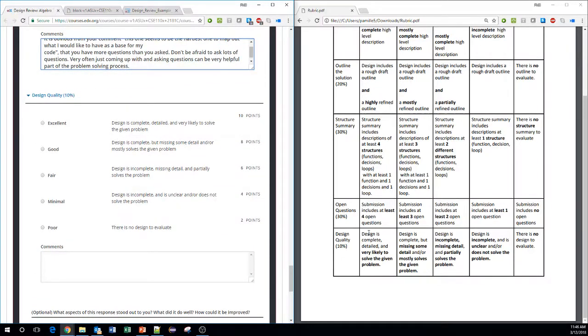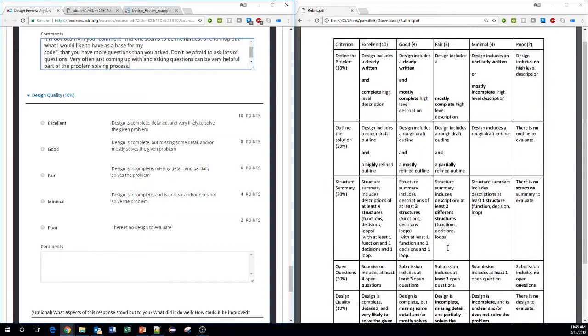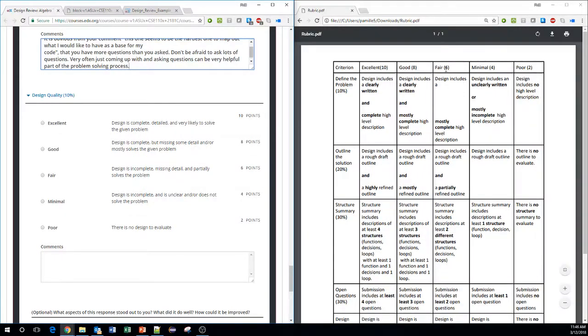And then there's design quality. The design is complete, detailed, and very likely to solve the given problem. I don't think their design is complete and detailed. The design is complete but missing some details and mostly solves the given problem. The design is incomplete, missing details, and partially solves the problem. I feel that the standard met here is this standard of fair. So I'm going to go ahead and score them a fair on design quality and say,